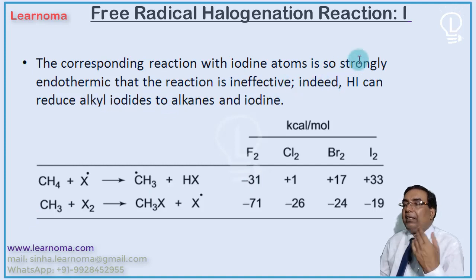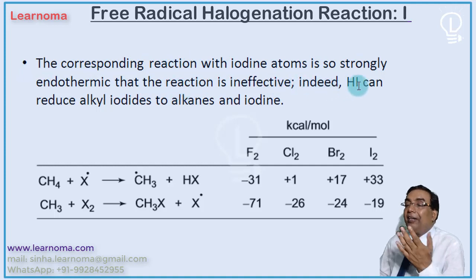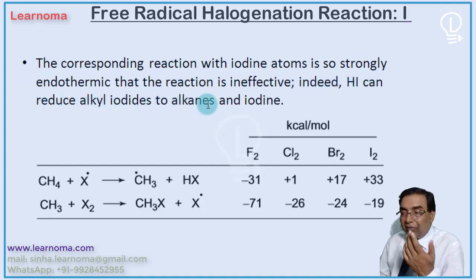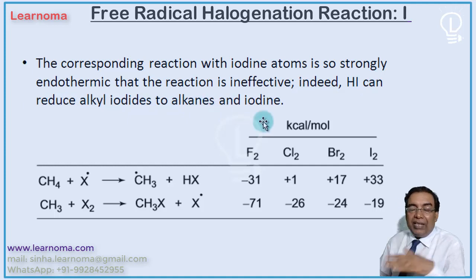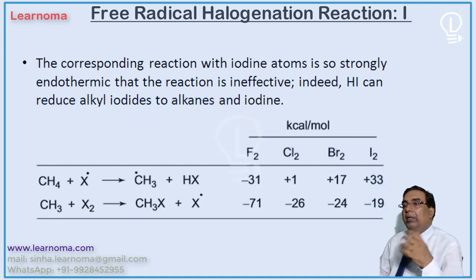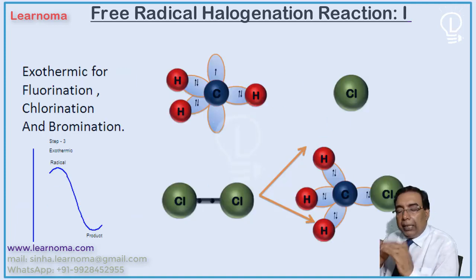See, the corresponding reaction of the iodine atom is so strongly endothermic that the reaction is ineffective. Indeed, HI can reduce alkyl iodide to alkanes and iodine. See this, because of this reason the reaction will go in the backward direction. Okay, now see,